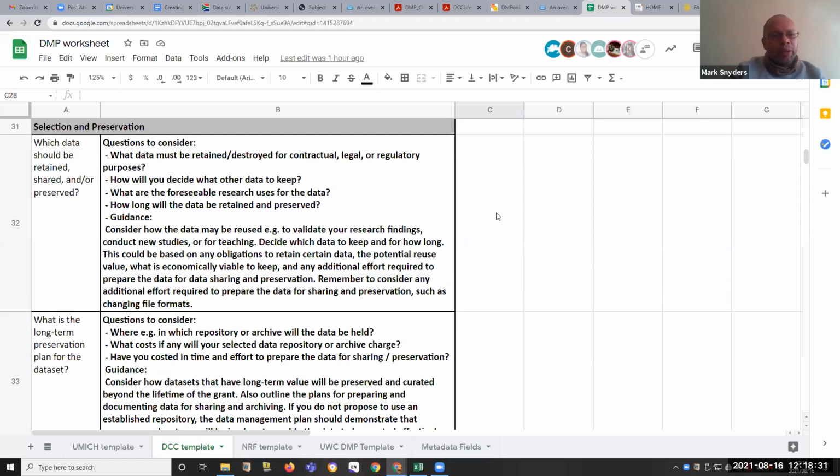We have selection and preservation. Which part of your data must be retained? Which part must be restored? What are your contractual agreements or your regulations, and how will you decide to keep certain parts of your data? It's important to remember that raw data is not published, and we do try and make sure of that as far as possible.